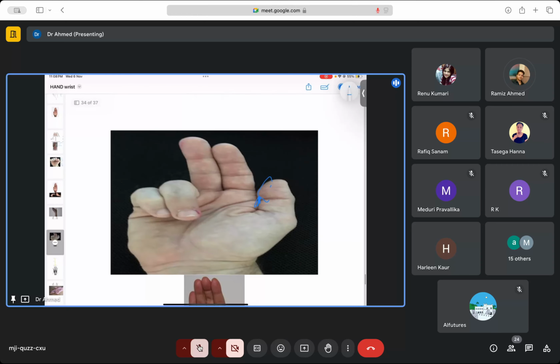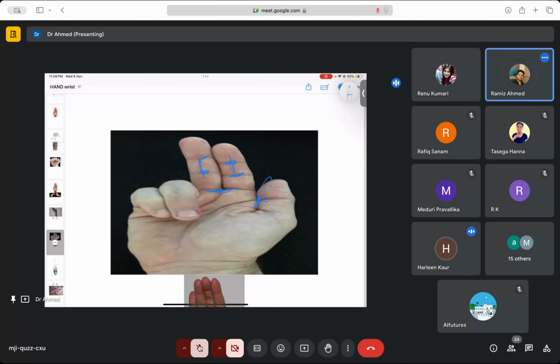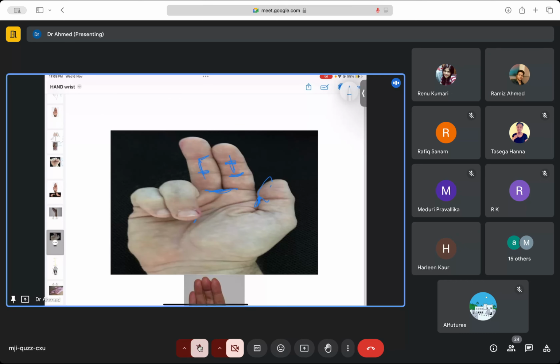And another thing, for example, if you are losing the function of the lateral two lumbricals, you are going to see claw in the lateral two fingers, right? Like these joints are going to be flexed and these are going to be extended, right? If I'm telling these patients to just make a fist,